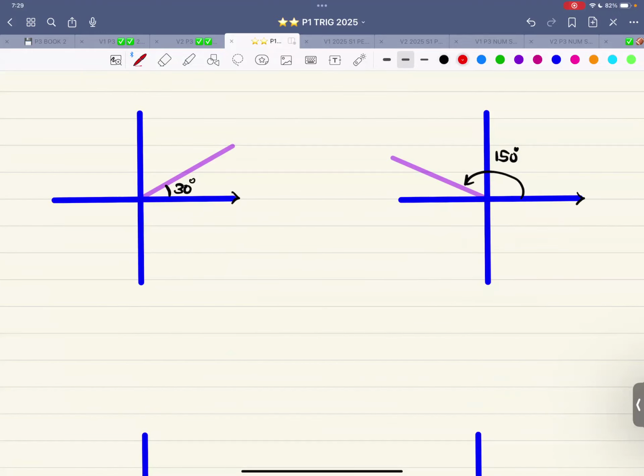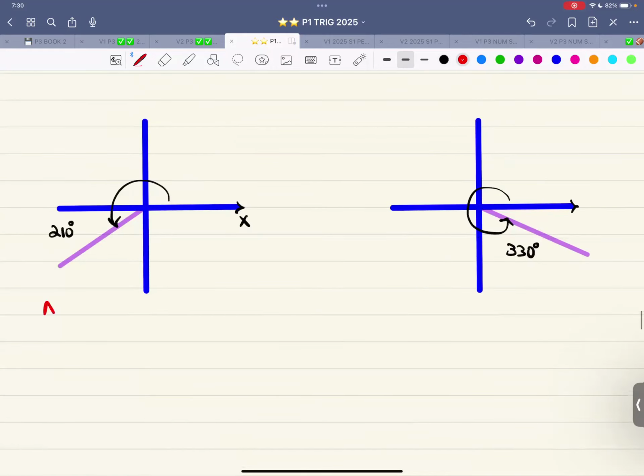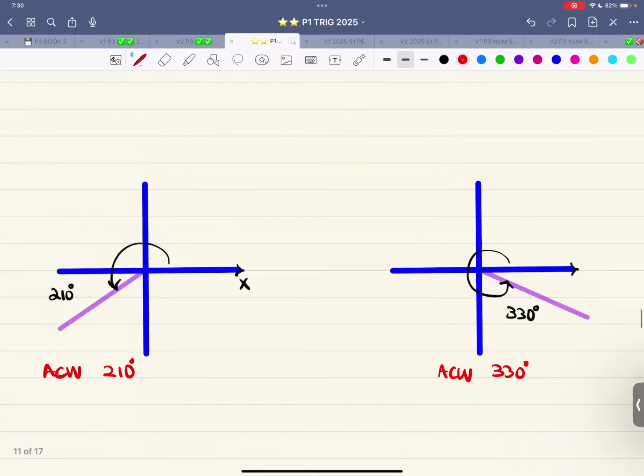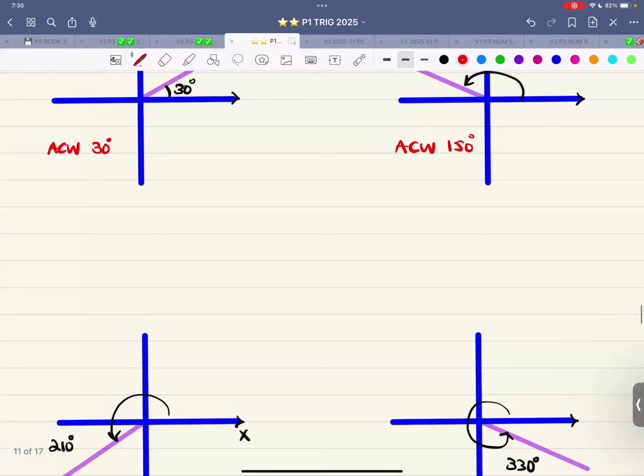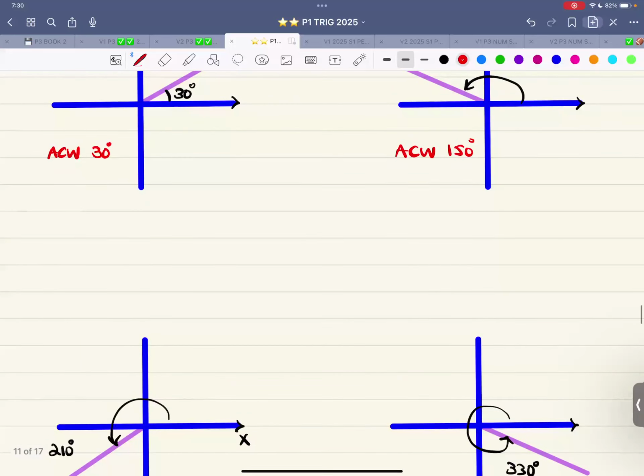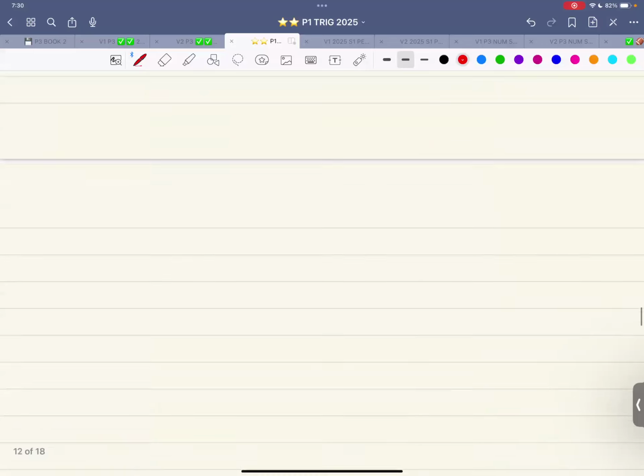So let me write: anti-clockwise angle is 30, anti-clockwise angle is 150, anti-clockwise angle is 210, anti-clockwise angle is 330 degrees. Now, if I calculate the sine and all this related to this, what do we see in this one? Let me add a page and let me write over here